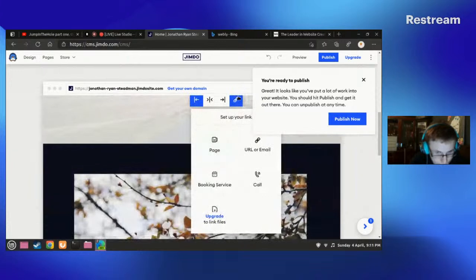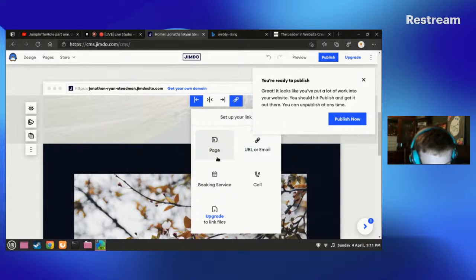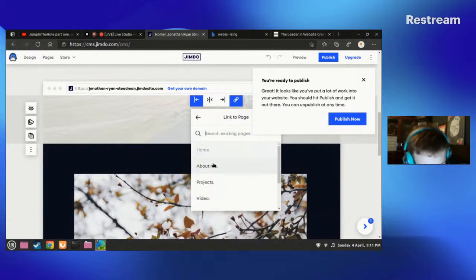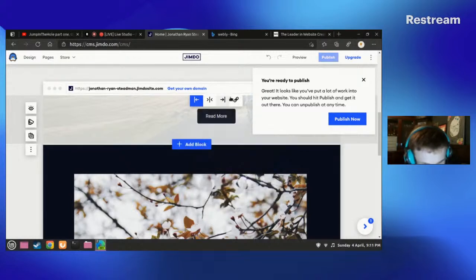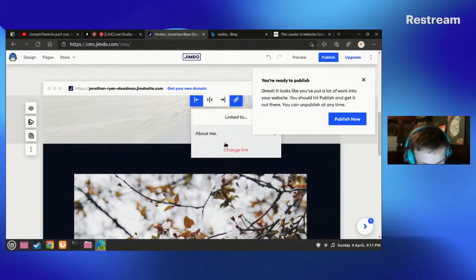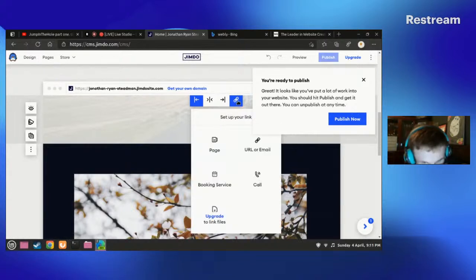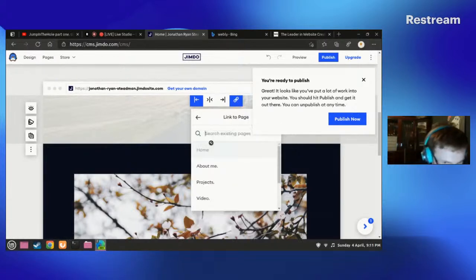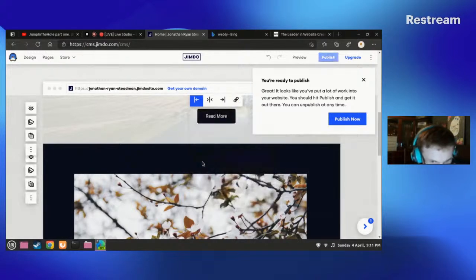So click up here to add a link to a button. Now we can either have a URL, which will take you to another web page or to another website, but the one I would choose is page. Now just choose About Me. Yes, you could use the URL or email, but it's much quicker to use page. So just click up here if you want to get it done quickly. Now if you go to preview,